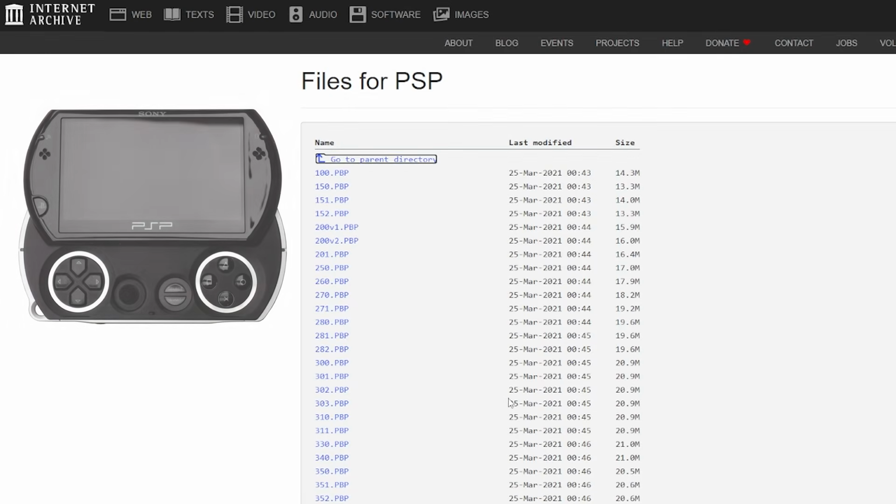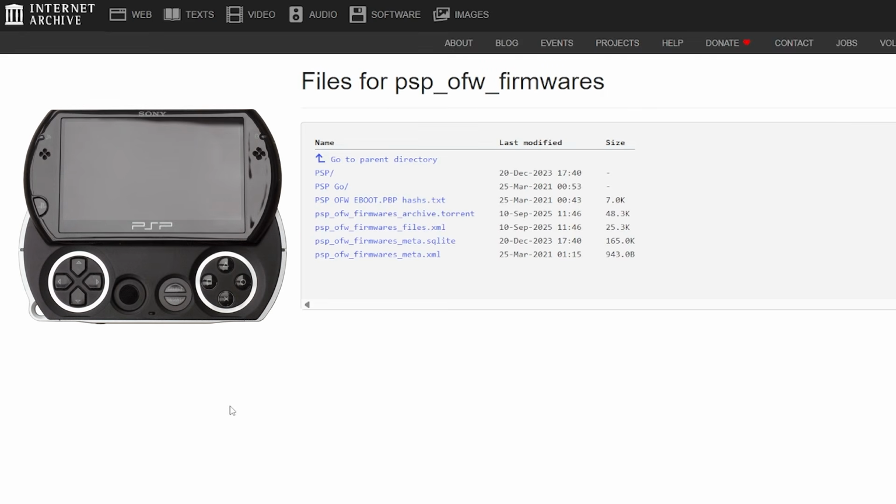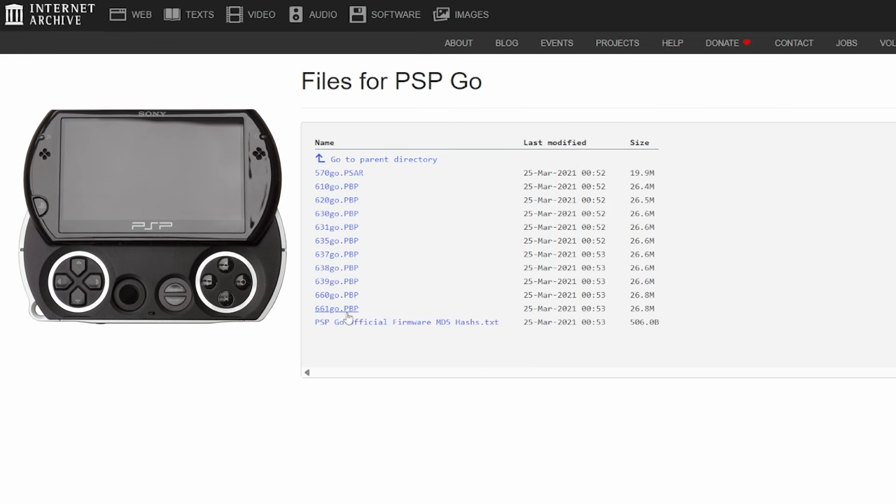Otherwise, if you have a PSP Go, but keep in mind it must be a PSP Go with some external storage on there, such as an M2 card or a micro SD card in there. If you just have the internal 16 gigabytes of storage, this option will not work for you. But if you do have one of those cards available, click on the PSP Go folder and download the 661